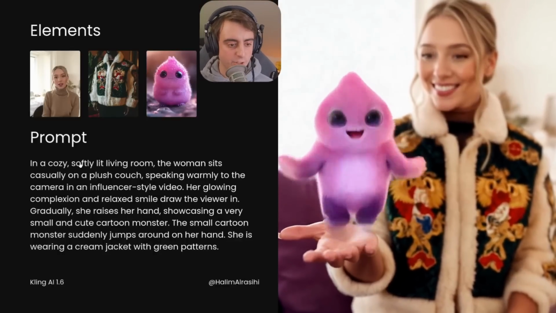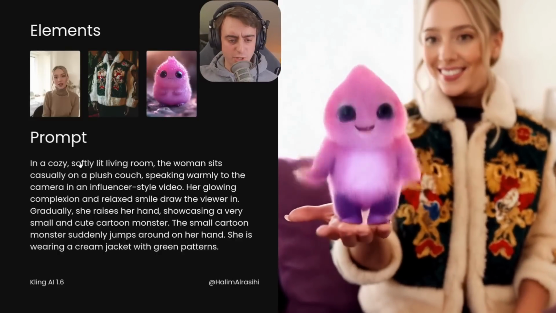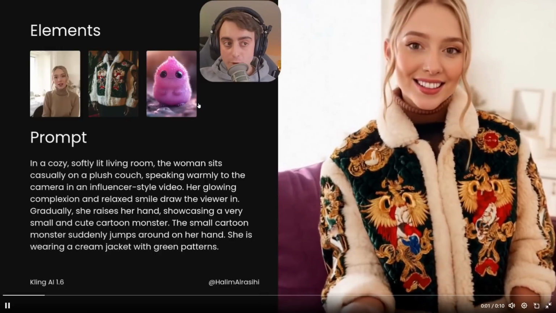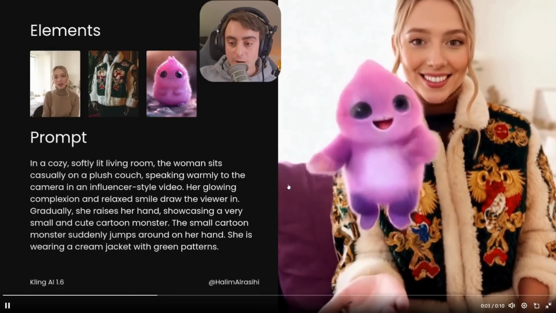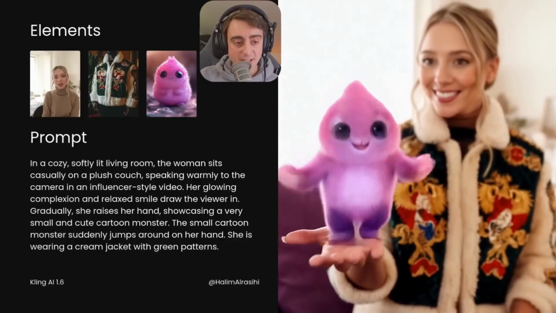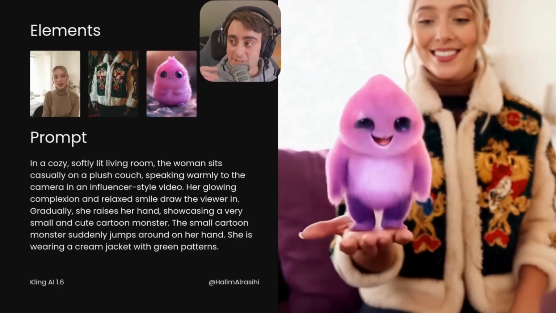She raises her hand, showcasing a very small and cute cartoon monster. The cartoon monster jumps around on her hand. She's wearing a cream jacket with green patterns. Just inputting the elements and the prompt yields a result that is intelligent. It understands what that prompt means and how to combine these elements into a consistent video that is as we